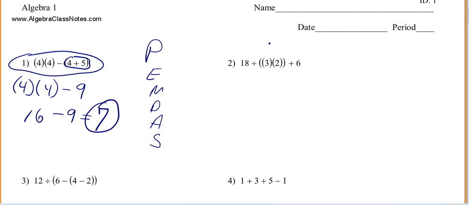Number 2. It's a little bit different, right? We've got a couple of parentheses. Well, if you've got a couple of parentheses, you always do the innermost. So if you've got multiple grouping symbols, remember this. You start with the innermost grouping symbols, which is this right here, which is 3 times 2. So what I would do is write down 18 divided by, I'm going to put my parenthesis, open this parenthesis,